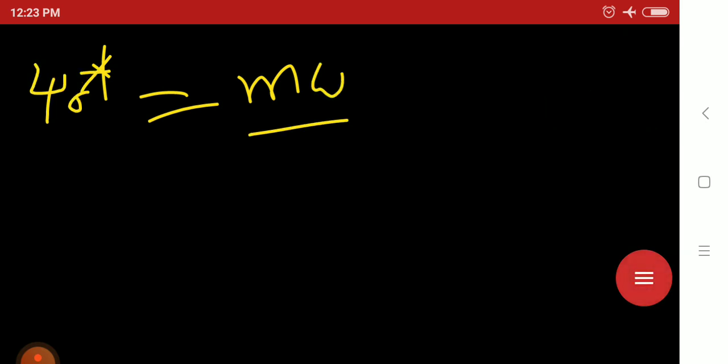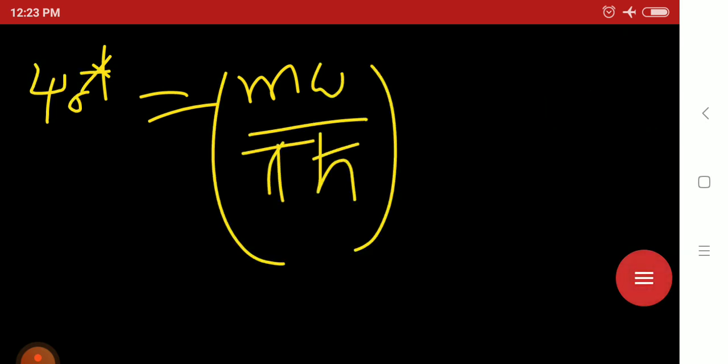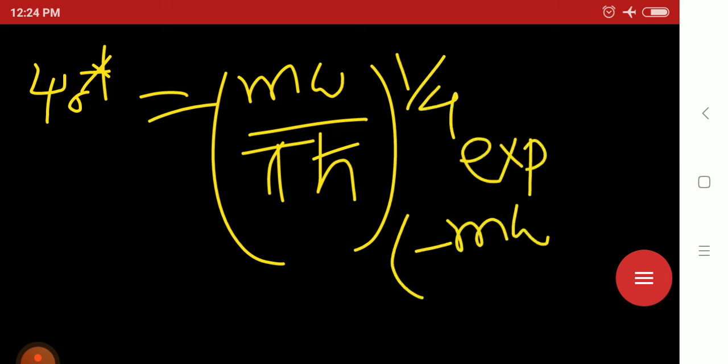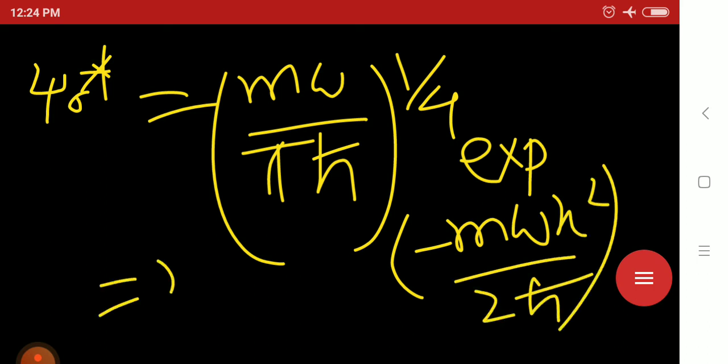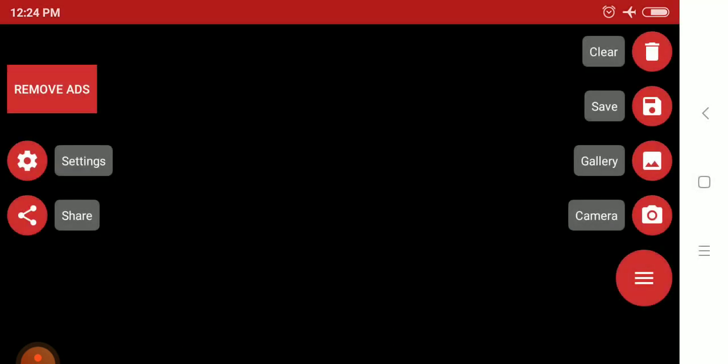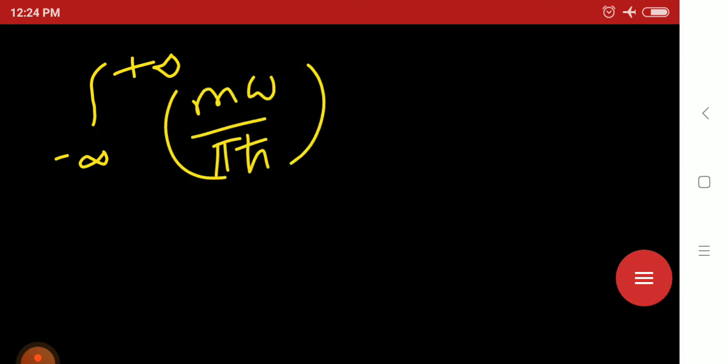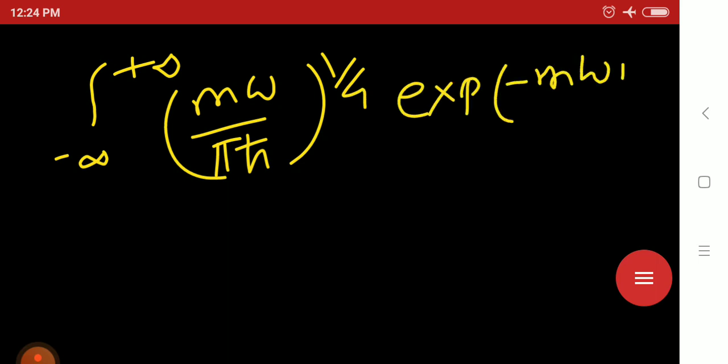That is (m omega by pi h cut) whole to the power 1 by 4 exponential of minus m omega x square divided by 2h cut. Same result, that is psi 0 star equals psi 0, and h prime is there in the integration. So if I write the integration properly, (m omega by pi h cut), first I am writing psi 0 star whole to the power 1 by 4 exponential of minus m omega x square divided by 2h cut, into, now